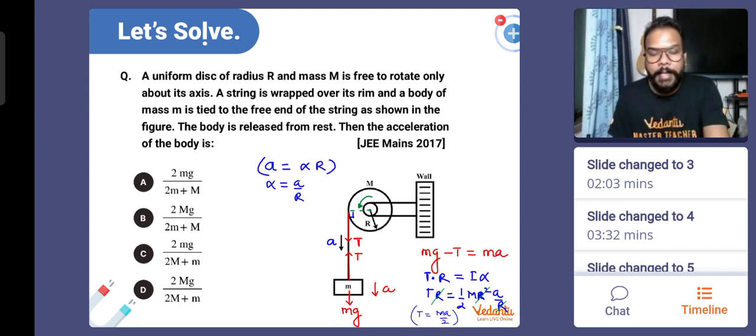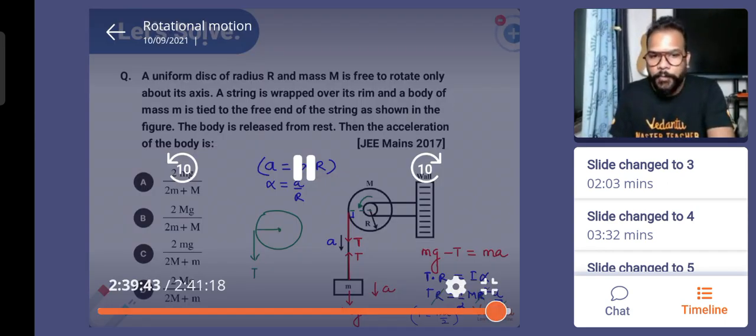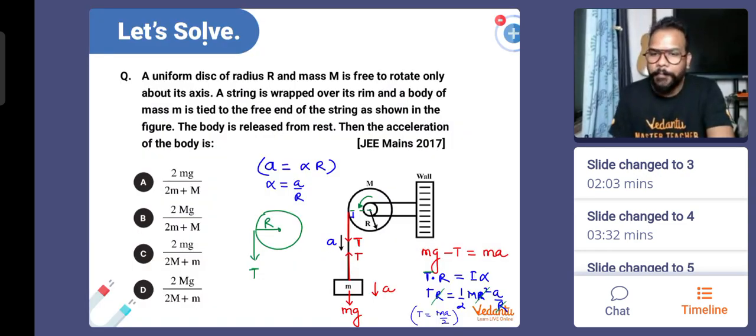mg - T = ma लिख सकते हैं, जल्दी जल्दी हाँ बोलते जाना चैट बॉक्स पे। हाँ, ये पुली रोटेट हो रही है टेंशन फोर्स की वजह से जो r डिस्टेंस पे लग रहा है, तो टॉर्क लिखूंगा T × R = Iα, ये लिख लेंगे। पक्का। मोमेंट ऑफ इनर्शिया ऑफ द पुली लिख दिया, हाफ mr², और अल्फा को लिख दिया a/r यहाँ से, तो r² कैंसिल हो गया, T का वैल्यू ma/2 आ गया। इस T के वैल्यू को यहाँ पुट कर देना और सॉल्व कर देना, तुम्हारा आंसर आ जाएगा। ओके, सोल्यूशन देखना मत, यहाँ से खुद से सॉल्व करना। बाय तनिषा।